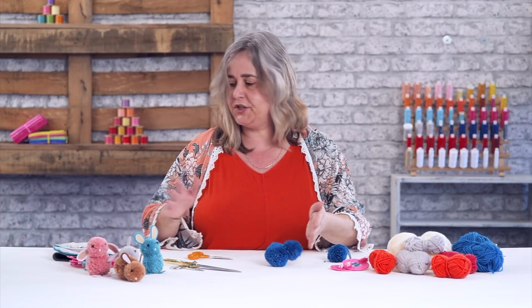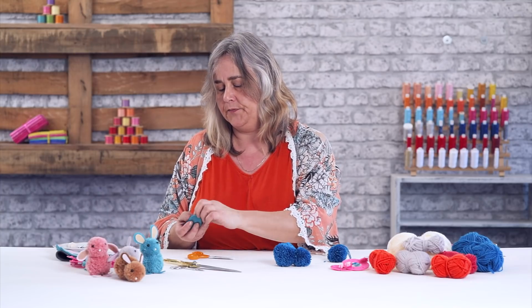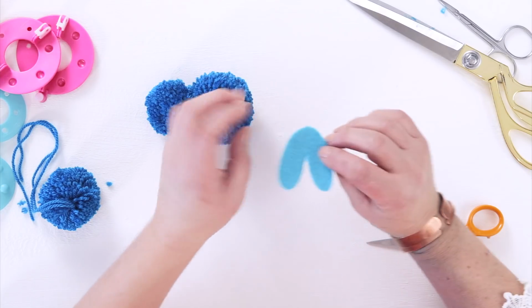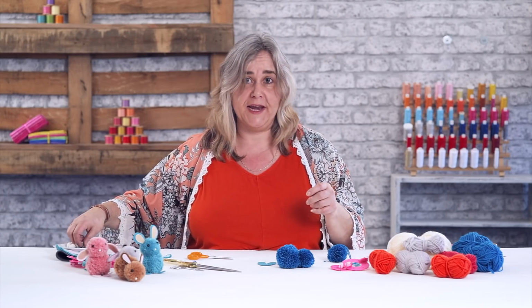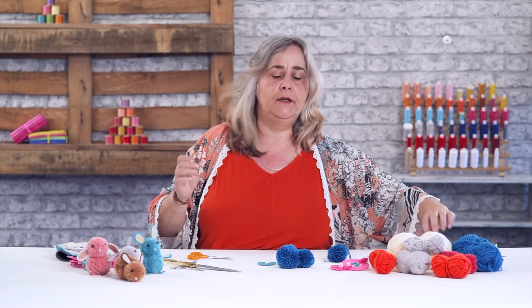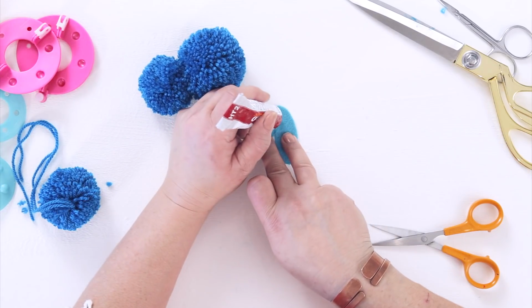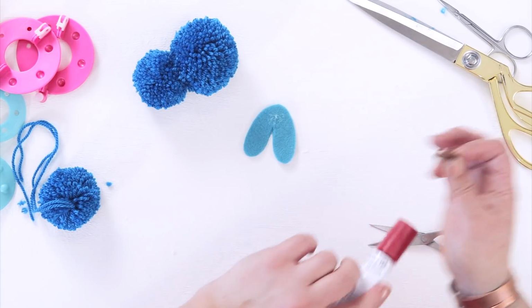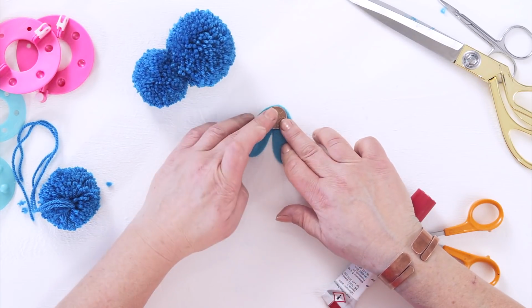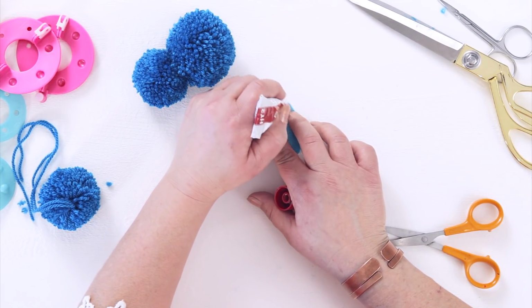And then what you need to do is get some coloured felt, and I've cut out almost like a tulip shape from felt, and I've also got a penny. There is a reason for this penny. Because your bunny's got a head on it, sometimes if you want him to stand upright, he will tip over a little bit. So just use a dab of fabric glue on that felt to pop the penny on, and a dab of fabric glue on that penny